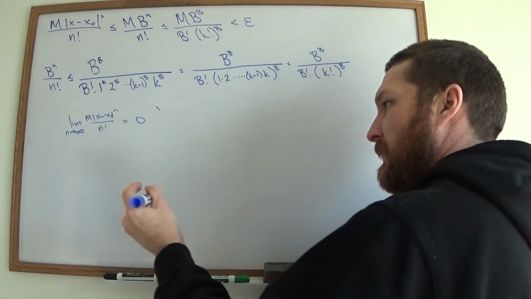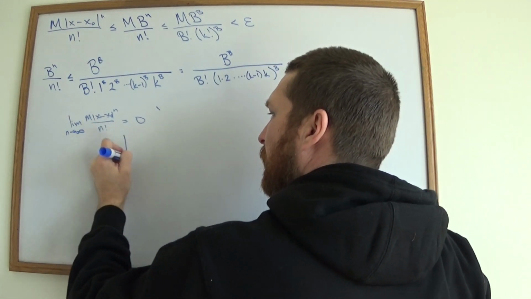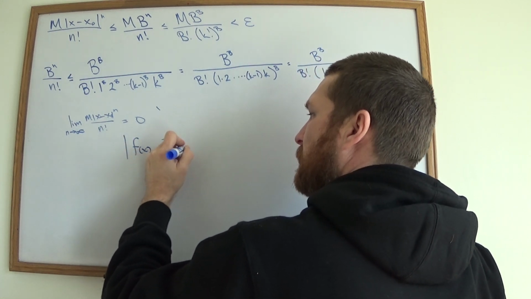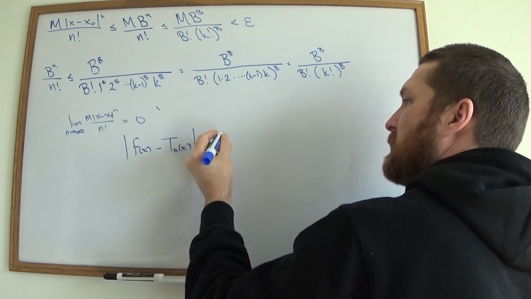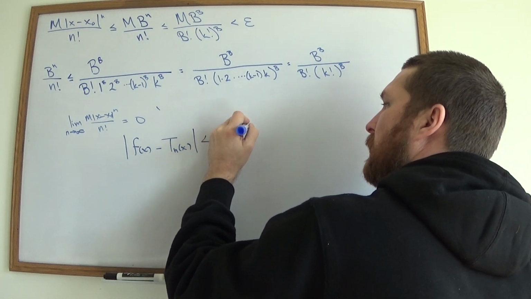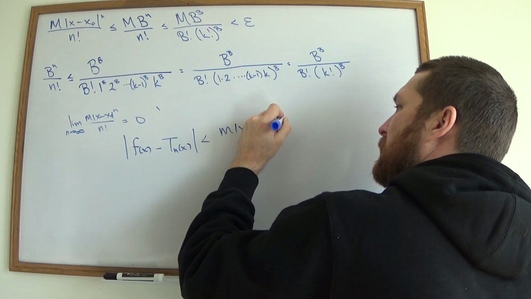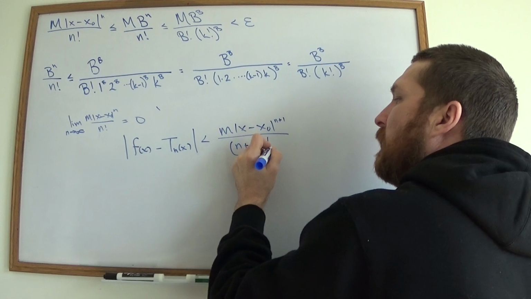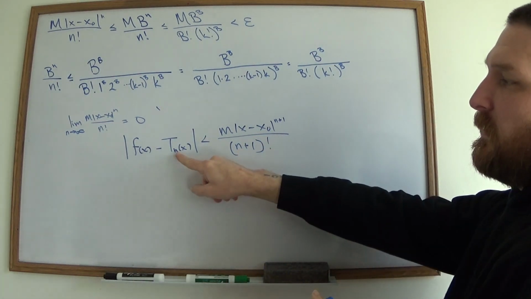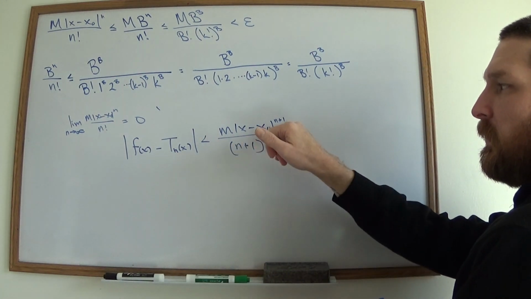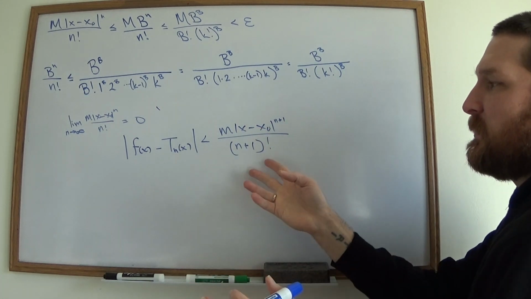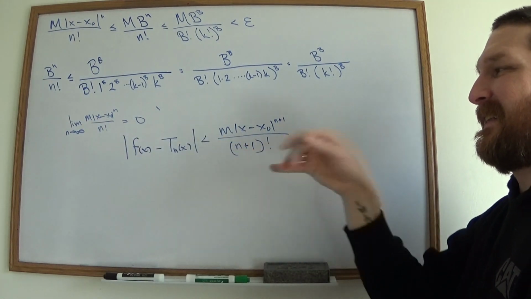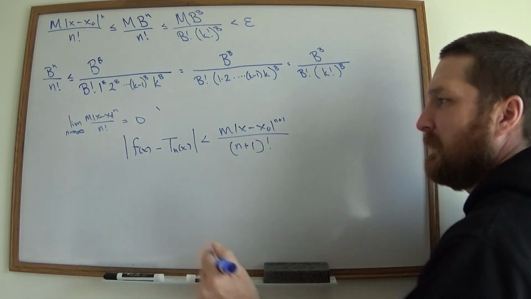Putting it all together then, we get that since the absolute value of f of x minus the Taylor approximation of x is less than m times x minus x0 to the n plus 1 all over n plus 1 factorial. You know, I could rewrite this. I could call this n minus 1, and I could call this n whatever. It should be obvious that if that's true, it doesn't matter right there, right? Therefore, the limits of both